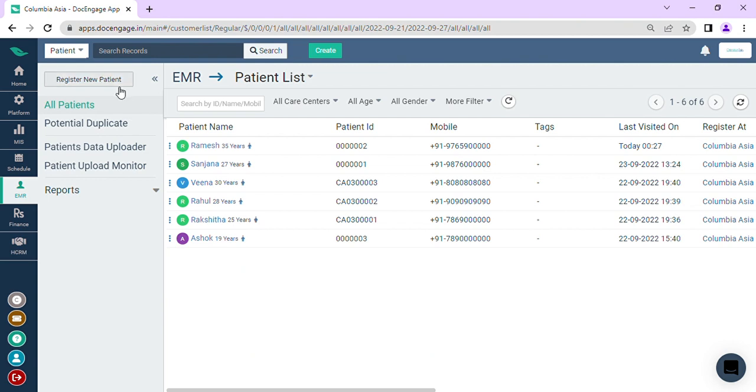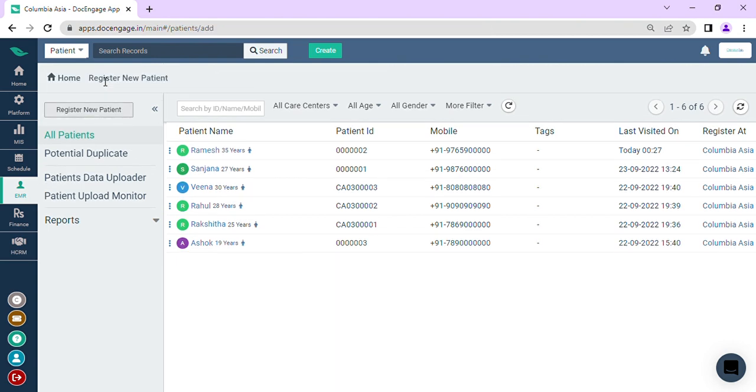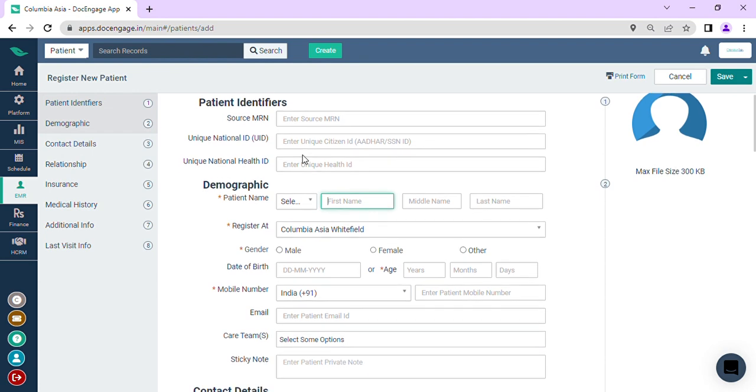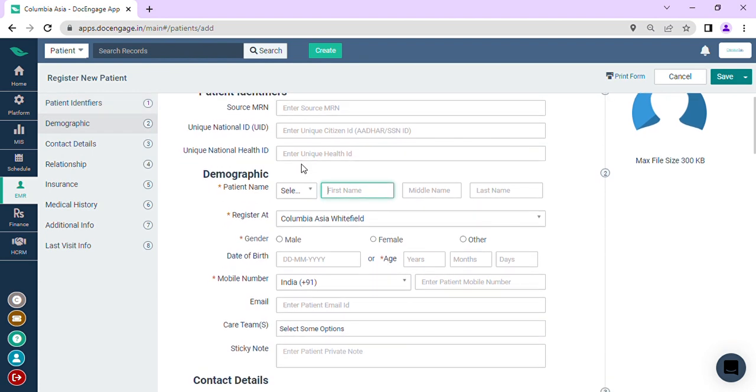Here we have the register new patient option. If you click on this, you will be redirected to the registration form. Here you can enter the source MRN, which means medical record number. You can enter the UID number. If they have any health card ID, you can enter that health card number here, and you need to enter their basic to advanced